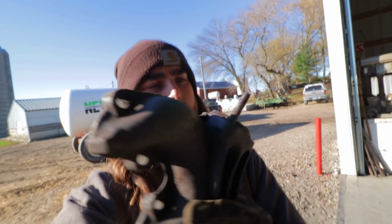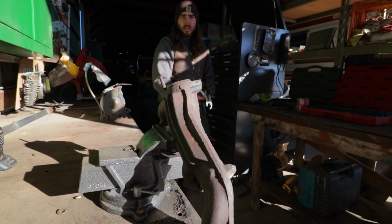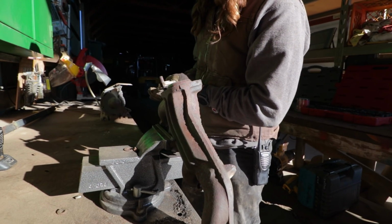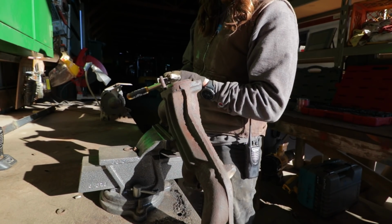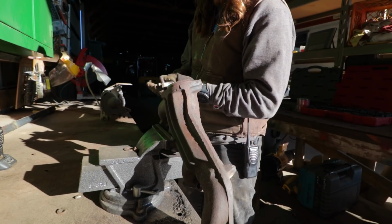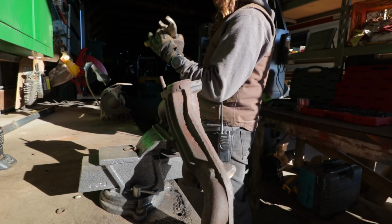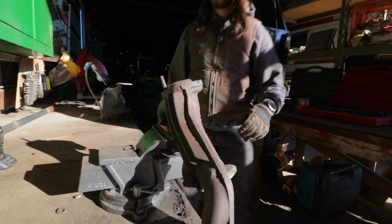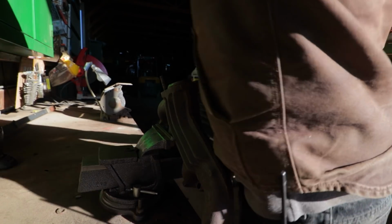First things first, I gotta get this one, that bolt out. I've already sprayed this down with some, what the heck? Anti-seize crap. These things are messed up. You know what? Since we want a decent pair of vice grips,